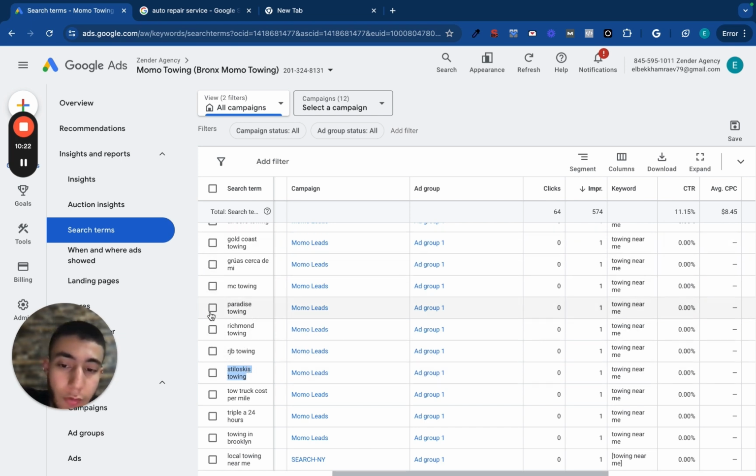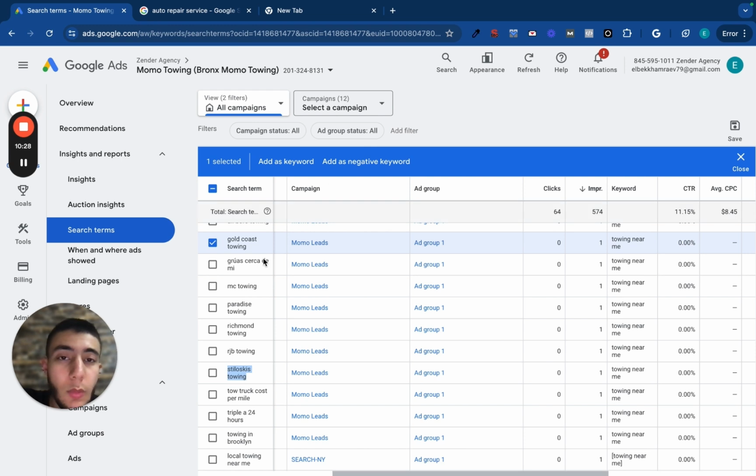If you don't want to add negative keywords one by one every day, and I'm not suggesting you add so many negative keywords, because if you're seeing a lot of irrelevant searches,